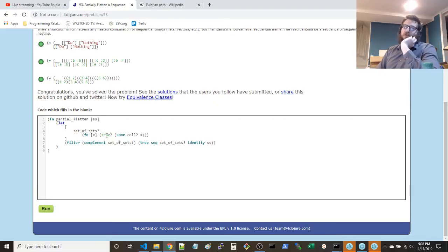Probably shouldn't use SS, I could use just X, it's probably better. Because these aren't sets of things, these are collections of collections. It really shouldn't be a set of sets, it should be a collection of collections, I think, now that we're going over the semantics of it.